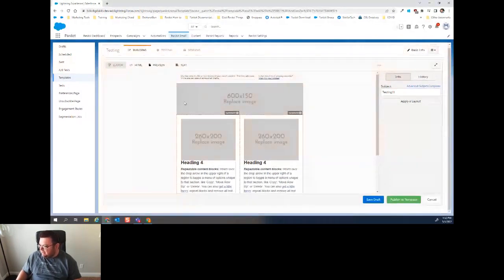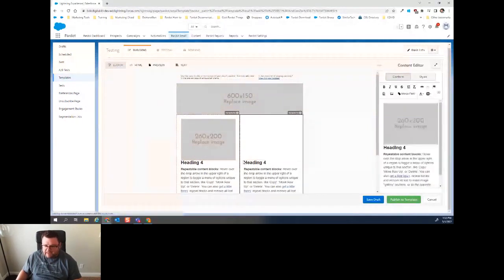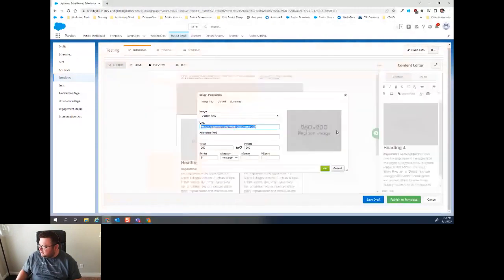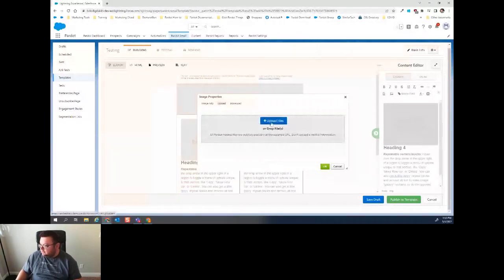This is what the builder looks like. So once you're in there and you're building, you can click each of these elements here. These are images. This is a template, by the way. This is a pre-built template. Pardot gives you a bunch of pre-built email templates. As you need to go in here and make changes to images, you would click on the image here, and you can either use a hosted image from elsewhere. I don't recommend this, or you can upload. Click this to upload an image, or you can drag and drop it, and that will add it to your Pardot storage,